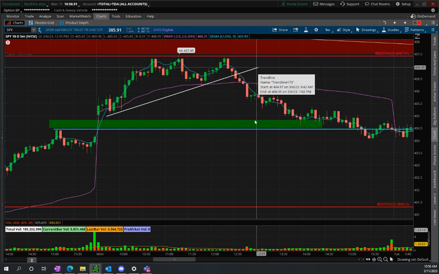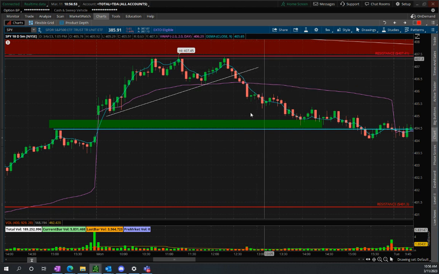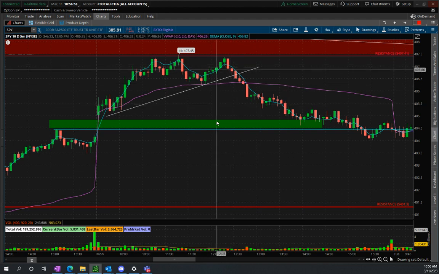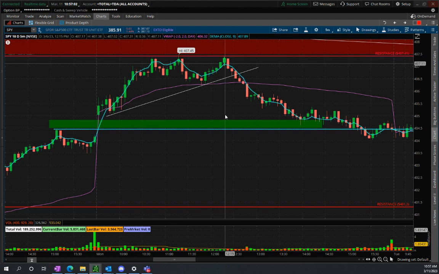Then we break the trend line, right? And I remember putting this in the Discord, right? When we break trend, go short or whatever you felt comfortable with. Some traders took it short immediately, which is fine. Some traders waited. Shout out to the traders that took it short up here, because when price could not make